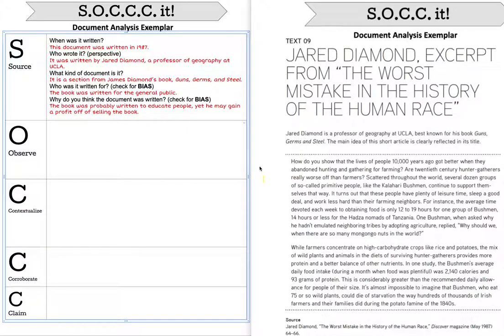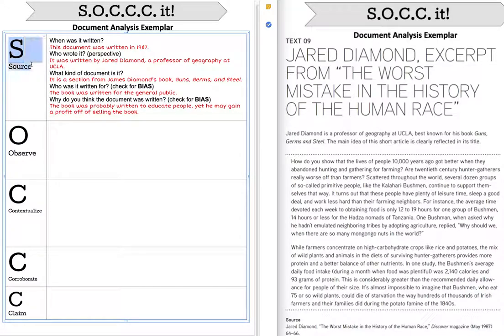All right, historians, so we're going to start analyzing a document using the SOC analysis. So let's start with, on the left here, we have the actual analysis sheet. And then on the right, you'll see our first text. So starting with our S for source, a lot of these questions are the same questions you would find when